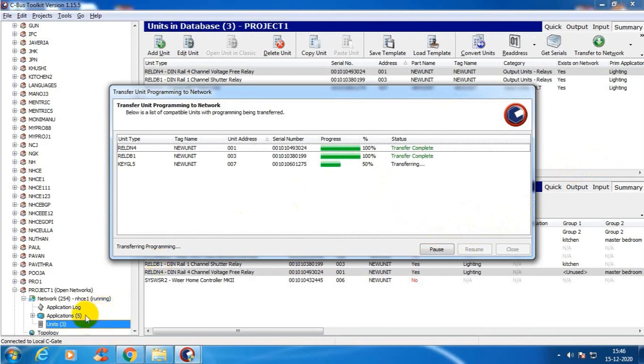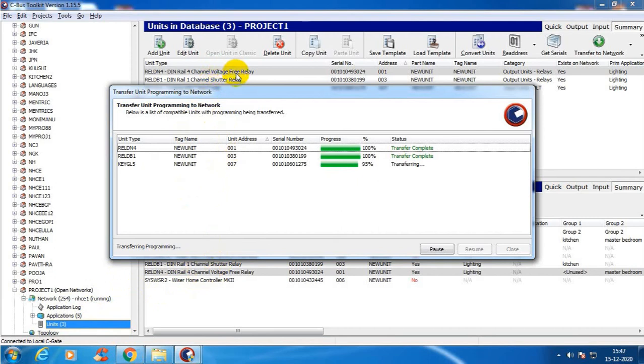So what is the procedure? First you have to select one project, name it, and select the network also. You have to name the network. Then you have to select the units. Okay, how many lamps, LEDs and switches are needed, that you have to select. That is called units. You drag and drop those things into the upper window.